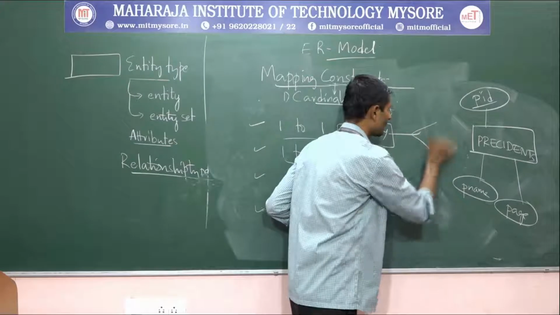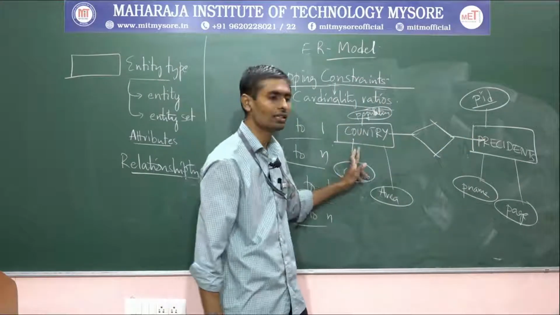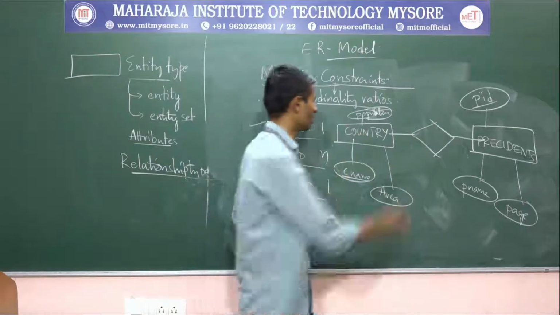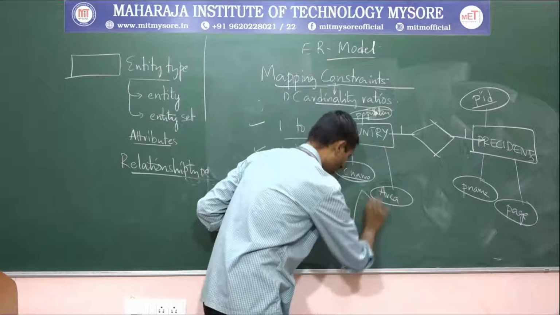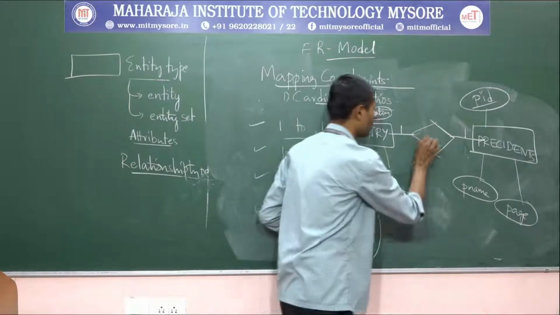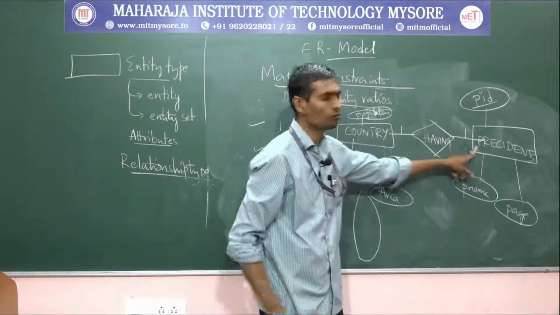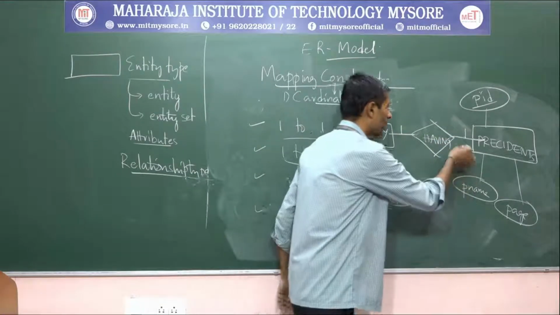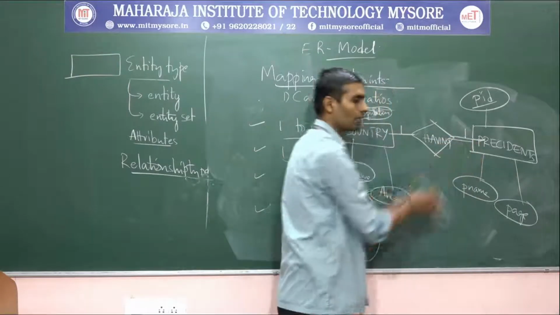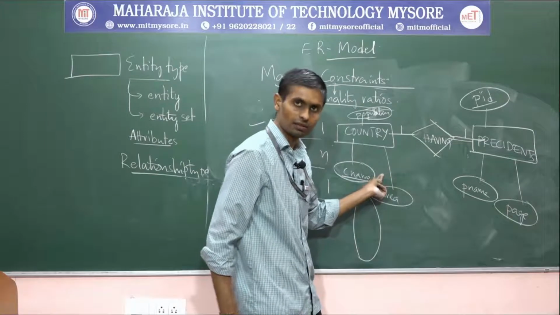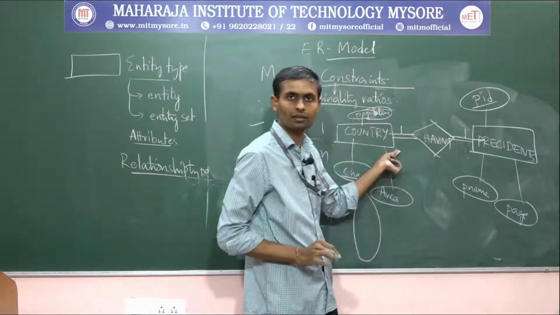And this country is connected with president, and one more thing, most of the time we have seen that one country always has only one president, one with one. It's an indication that we can write one instance: country having president. One country having one president. And all presidents, as what we have recorded here, are connected to at least any one of the countries. Then all countries having a president, let's assume I can write.